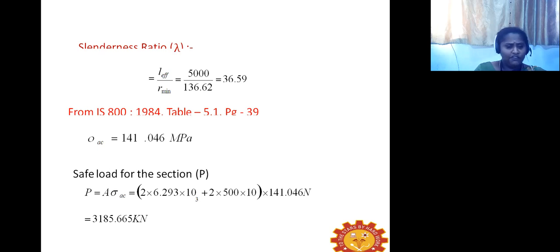So from very basic, we know very well what is stress. Stress is load divided by the area. So here we know the value of stress and we know the value of area. We could easily calculate the load, that is what is being asked. So here it is asked to determine the load carrying capacity of that section. So that has been easily calculated. The problem solving is very easy if you understand the concept very clearly.